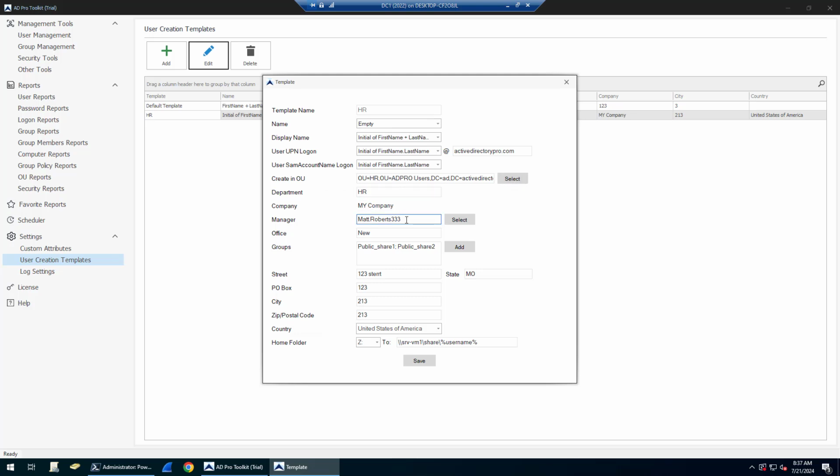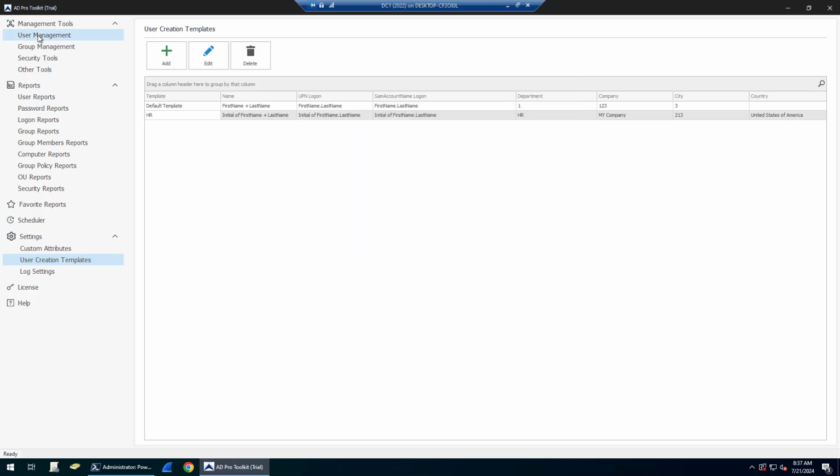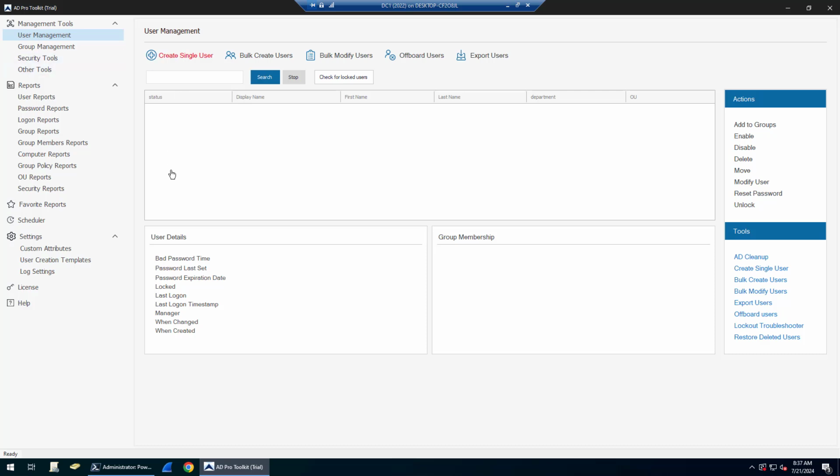Setting the department, company, I can set a manager, add users to groups. So you can see these new users will be added to 2 groups. There's also contact, street information, and home folders. So just modify the template however you need, click save, and then I will come over here and click create user,